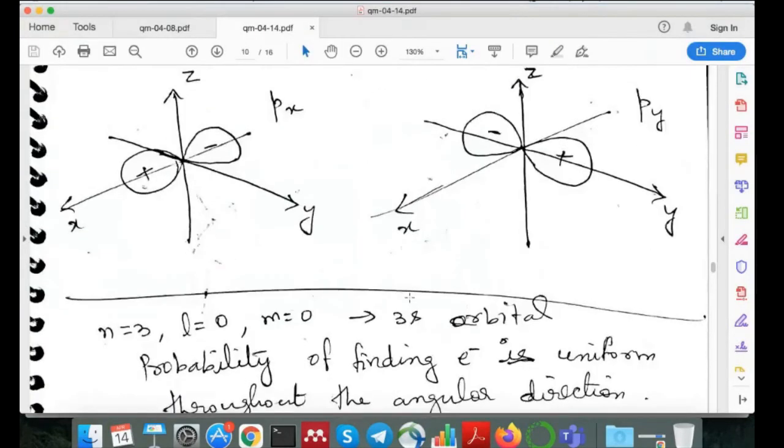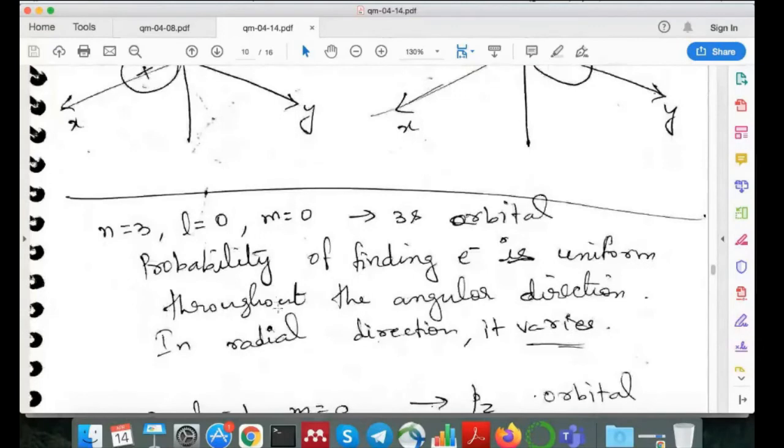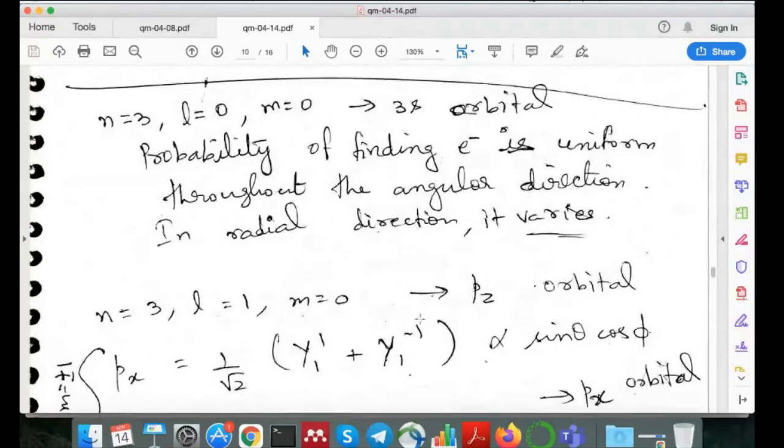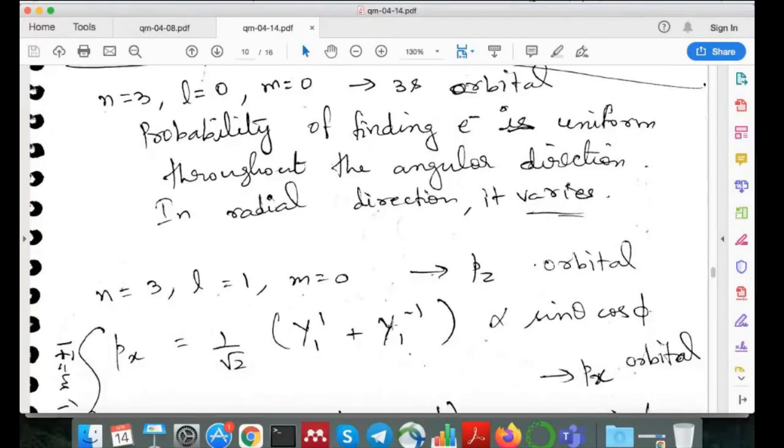All right. Then we go to the next level, which is the n equal to 3 level. Again, we look at the orbitals. So now for n equal to 3 level,